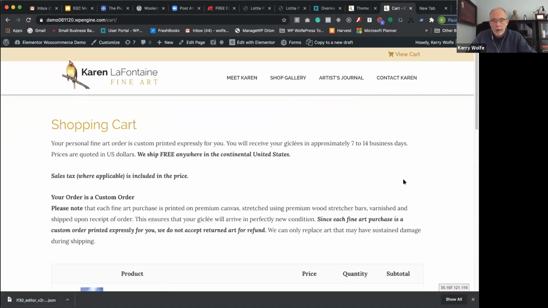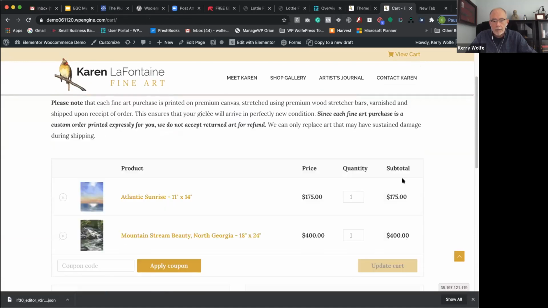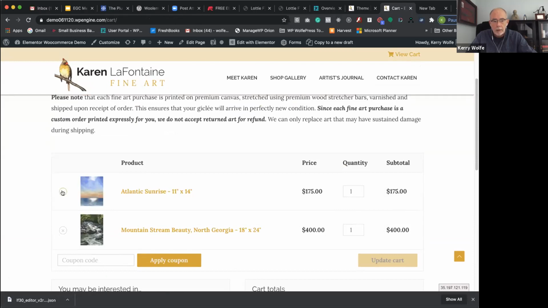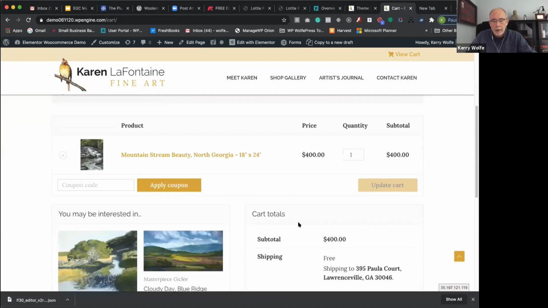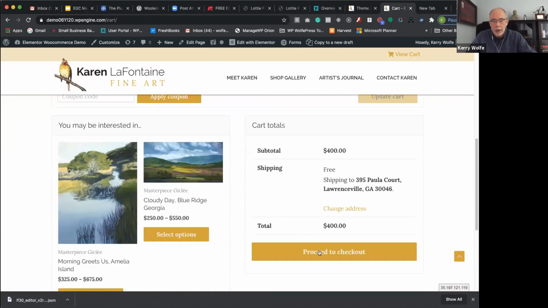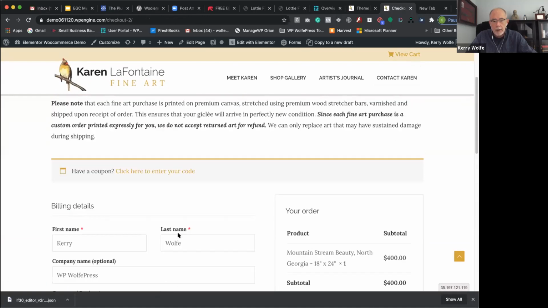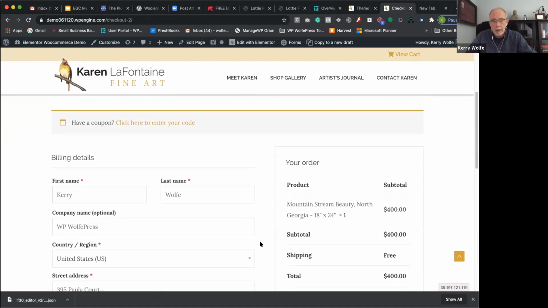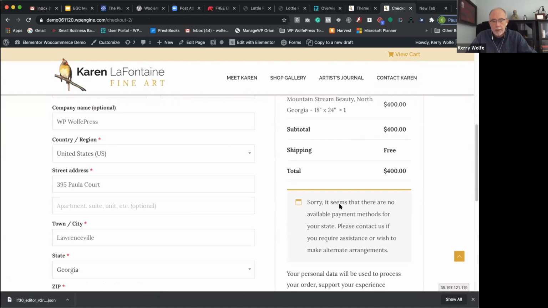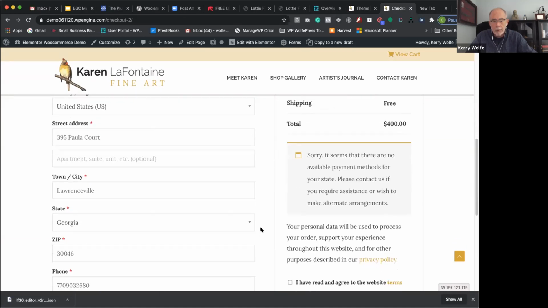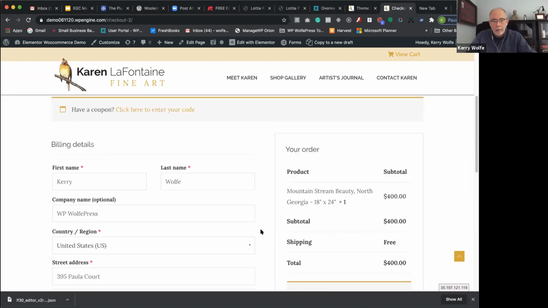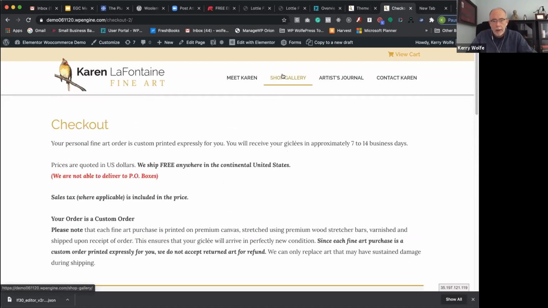Actually, that's the product page. This is the cart page. I'm going to delete that. Then we can proceed to checkout. And of course, we don't have Stripe hooked into this because this is not a live site. So this would normally have the credit card information in it. And so let's go back and